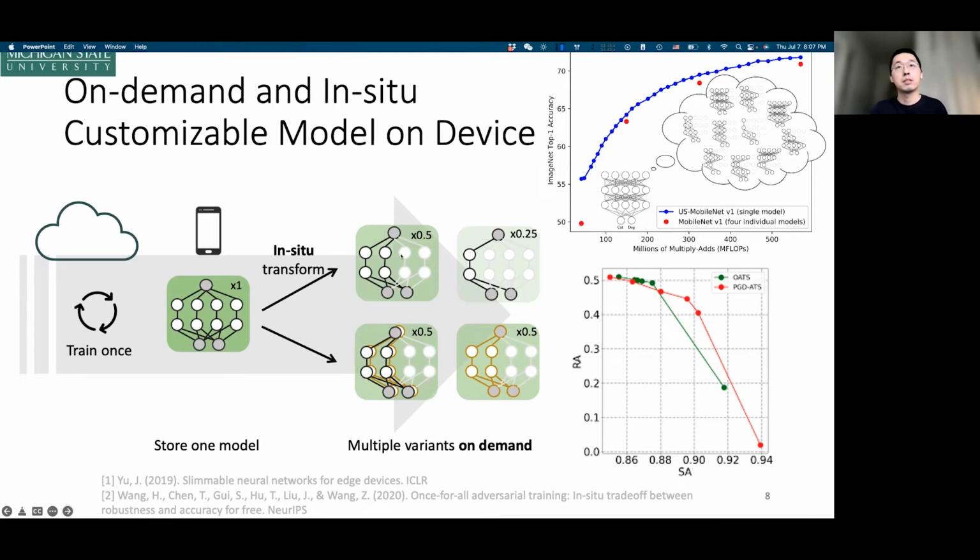For example, you can drop some parameters in this network in a specific way, and therefore you can get a smaller network which can efficiently predict. And similarly for robustness, you can switch a few parameters in this network to gain better robustness. So this method was published in 2019 at ICLR, and the first one is called the slimmable network, which allows you to train one model and get different devices